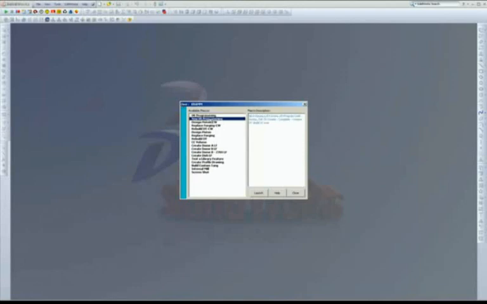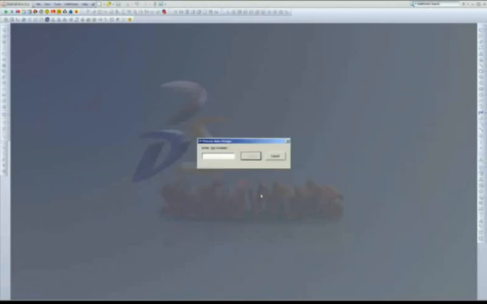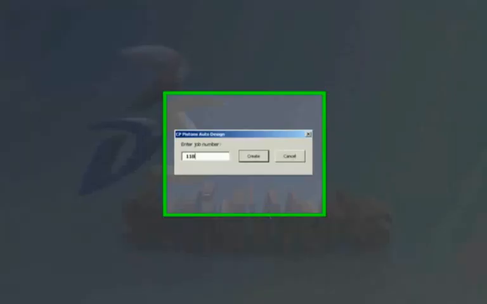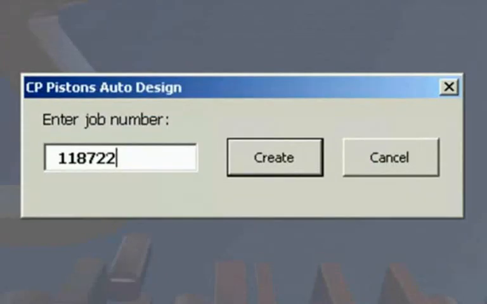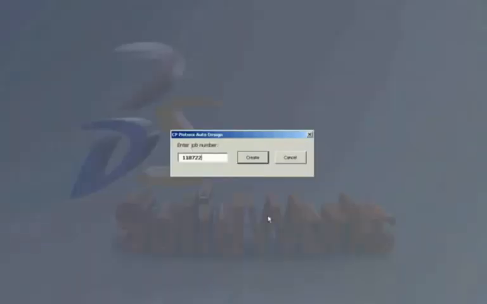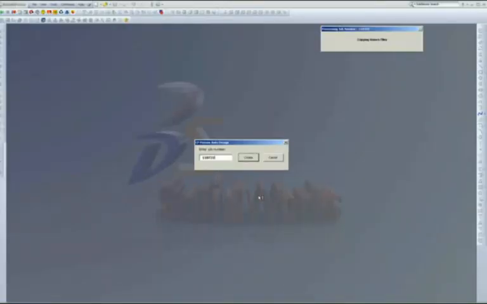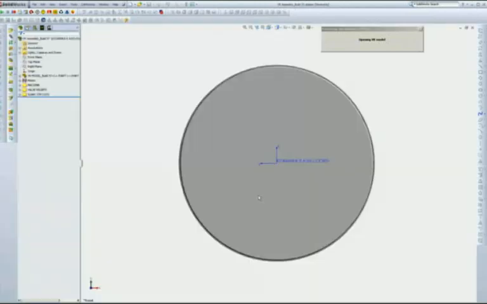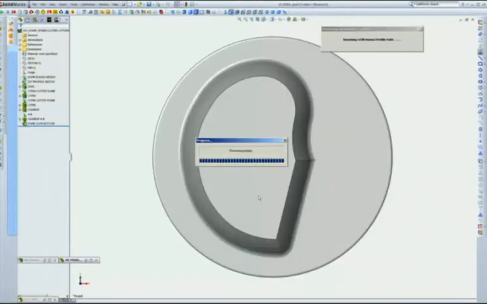This is a video of a debug program that we used to go through where a programmer would actually call up a macro up in SolidWorks toolbar here. And that'll basically just bring up a list of macros that's available to him. As you can see, this list of macros here. So he chooses a specific operation. In this case, it does the whole top of the piston and enters the job number for that. And it will automatically go and capture that data from that job and import it into SolidWorks, where we have a whole